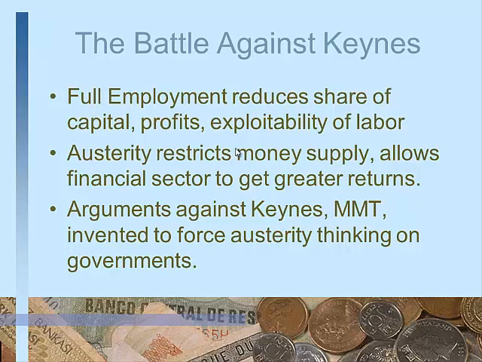See, the government is the natural creator of money, but the financial sector also creates money. So if the government is creating a lot of money, the financial sector will not be able to earn high returns. But if the government is creating less money, which is what happens when you use austerity, then the financial lobby will create lots of money and will get huge returns, and that's what's been happening over the past 30 years, in the sense that all of the money has been concentrated in the financial sector, and the real sector is getting starved of money.